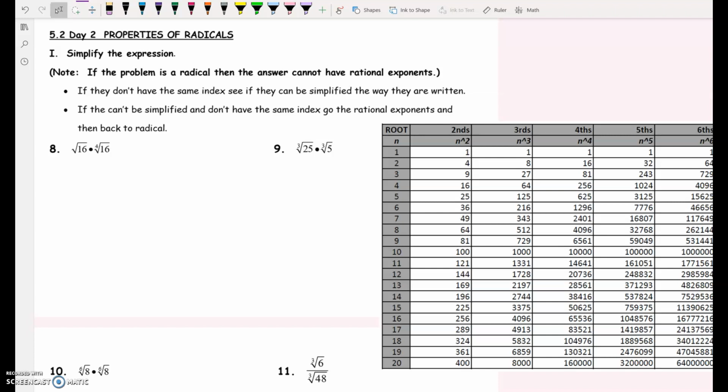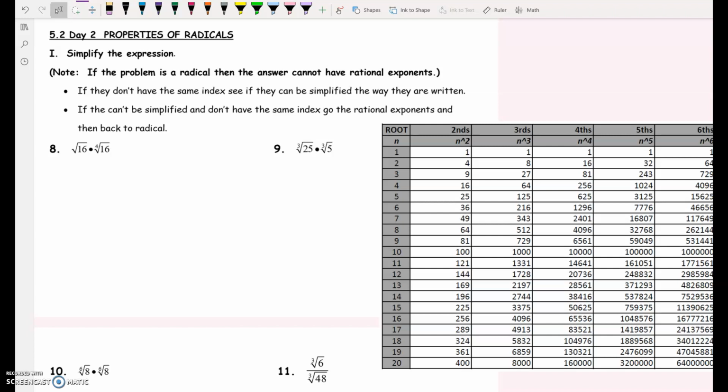Today we're going to work on simplifying radicals. And there's a couple of kind of weird things with this. We're going to go through several different pieces of information today. The first one is, if your problem starts as a radical, your answer needs to be written in radical form